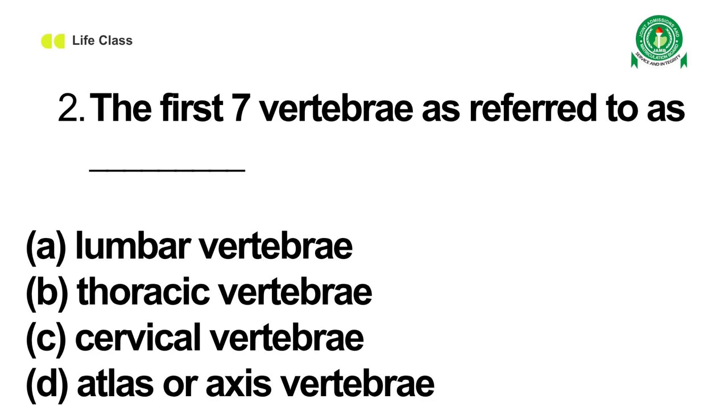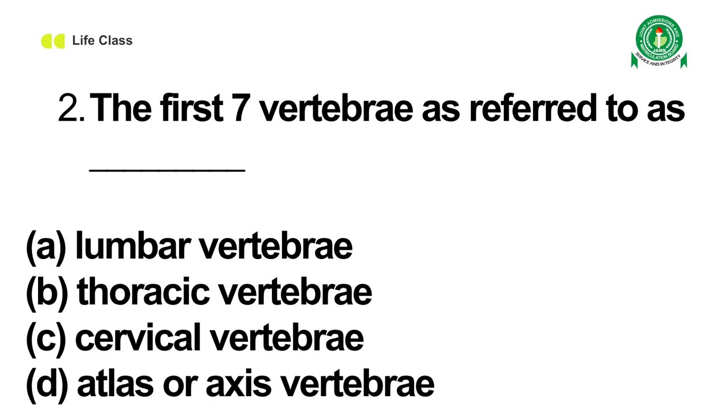The first 7 vertebrae is referred to as, sorry, it's a typographical error, A. Lumbar vertebrae, B. Thoracic vertebrae, C. Cervical vertebrae, D. Atlas or axis vertebrae. So the correct answer here is C. Cervical vertebrae. It is made up of the axis and the atlas, followed by the 5